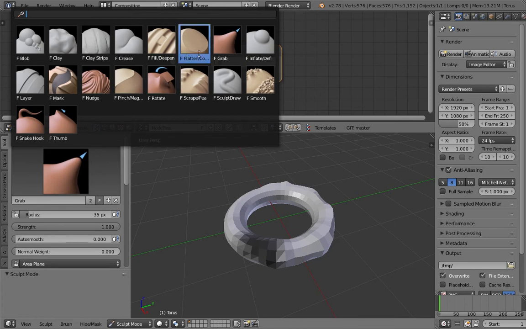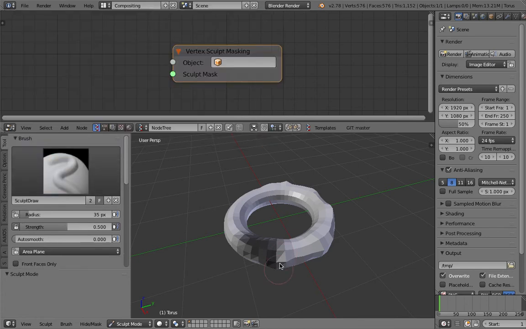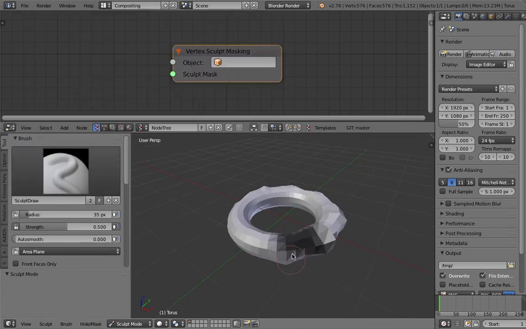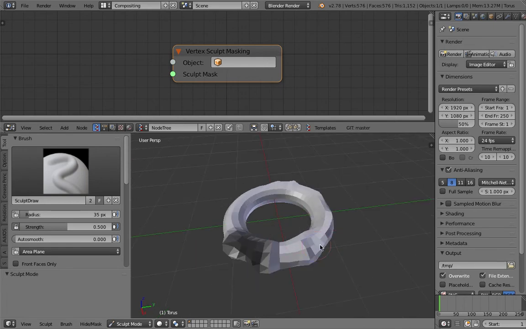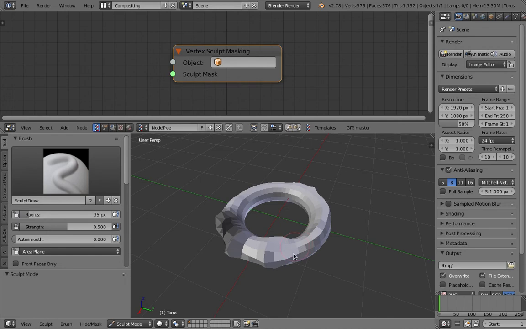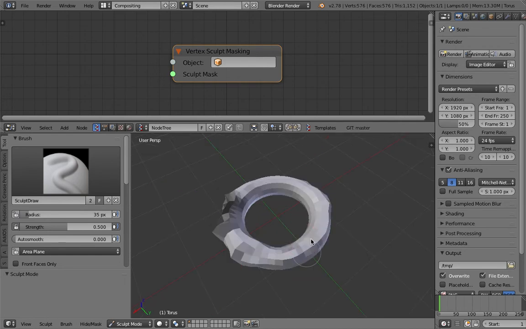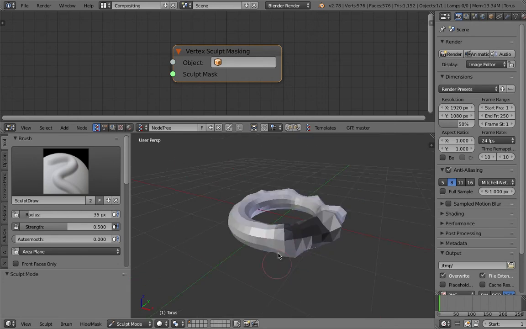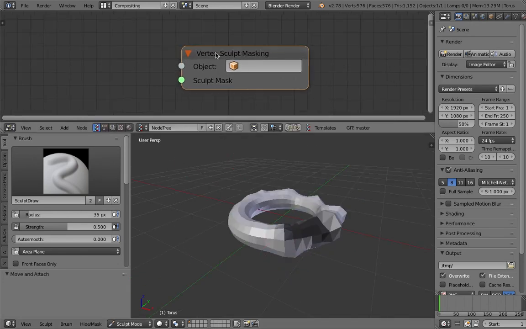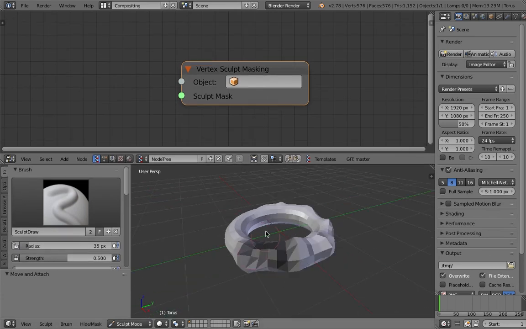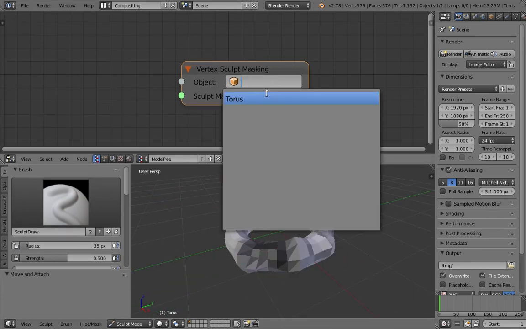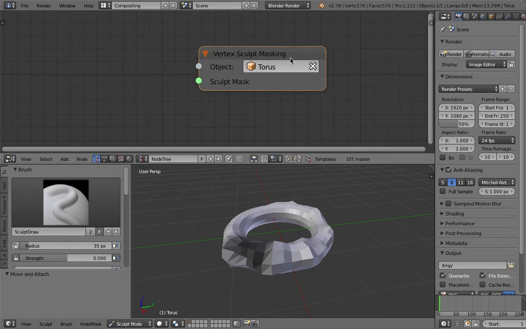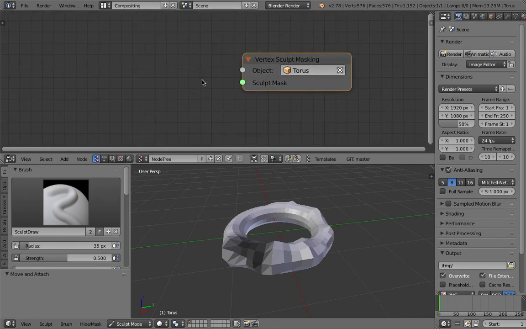I haven't used sculpting for a while, but we can kind of guess what it is. I think Control, actually, one of these functions draws the mask. I can't remember what it is, but what this node does is actually generate a sculpt mask for an object in real time, and it's all procedural. So if I just use the torus, for example, and